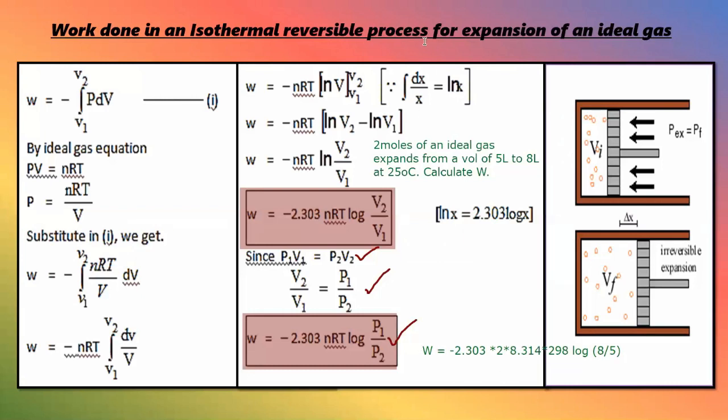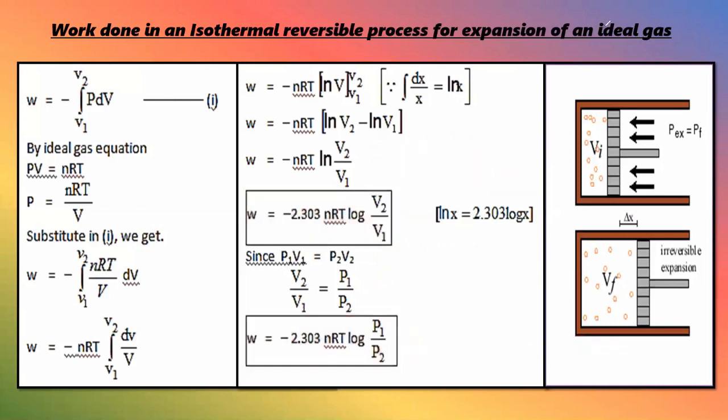Now in the next line, what do we need to do? The answer is quite simple. First of all, we need to find the result for this log. Once this log value is found, we just need to multiply this part and formulate the answer. As simple as that. You will get W. Also, this type of question may come where initial or final volume is asked to be found, or where T is asked, right? So it is not a big deal. If all the parameters are given and only one is asked, then definitely we can answer. Okay, right? So this was regarding this particular topic.